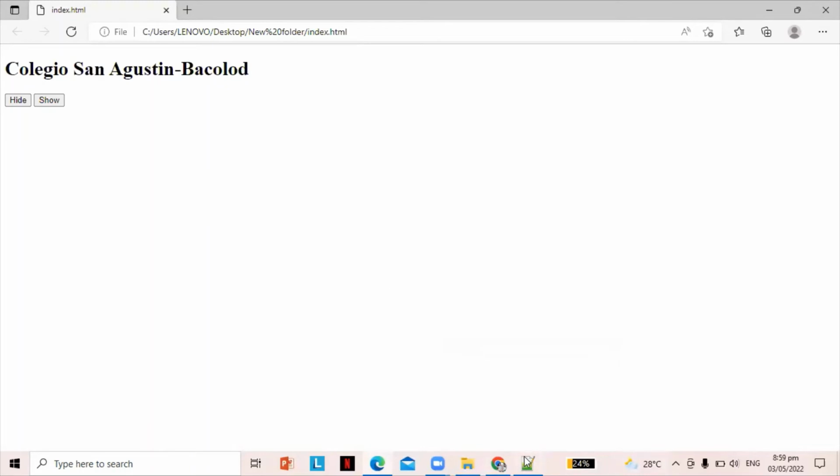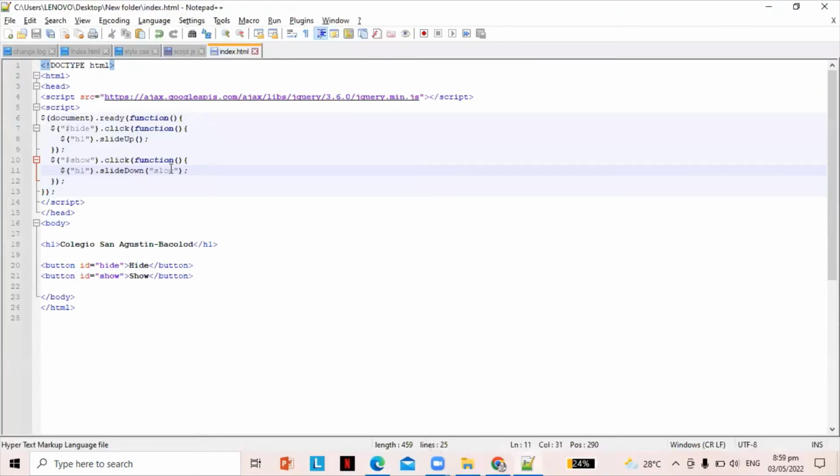Okay, so all we have to do is to write it here, beside our slide down and slide up. Okay, we're done now with our hide and show, fade in, fade out, fade toggle, slide down and slide up. Now let's proceed to our animation. We're going to use a simple animation, and for this, I think I will be using